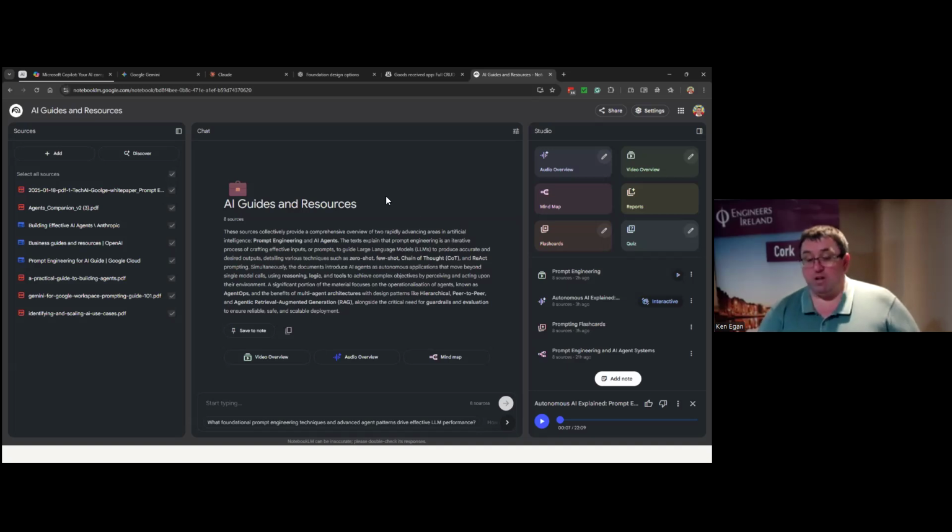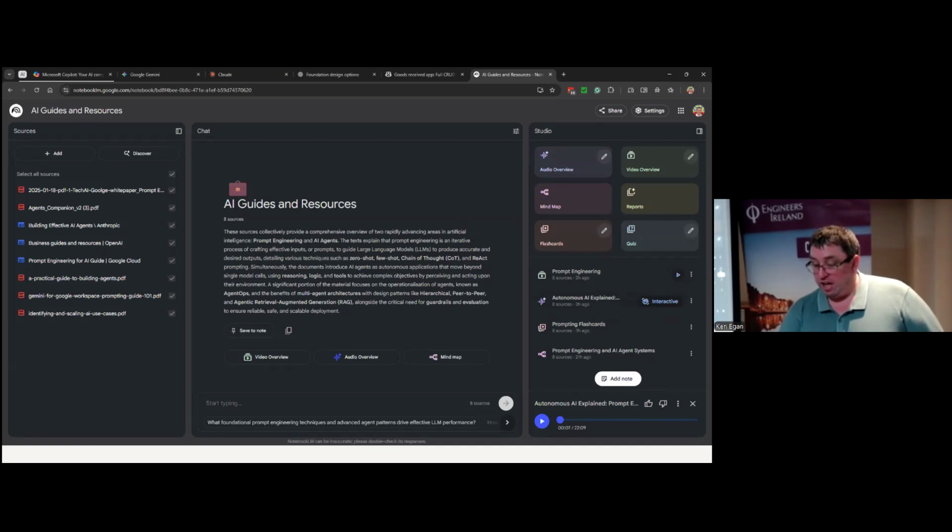But the great thing about this Notebook LM from Google is that in the studio over here, you can get it to create different things. So one of the things is that when you put in all these documents, you can get it to generate a